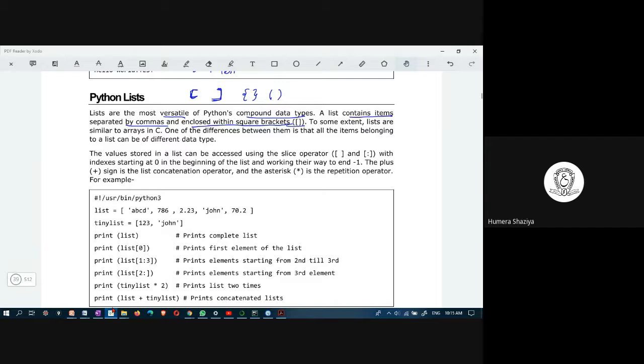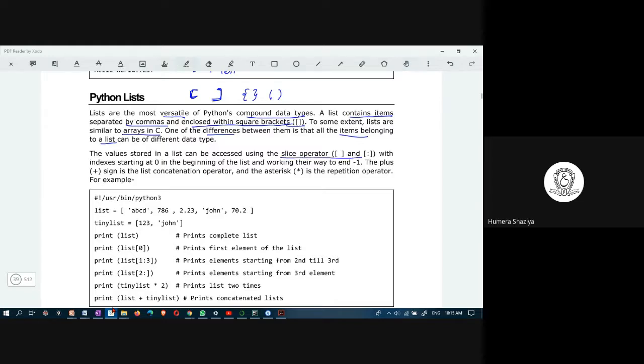And then, not really, but to some extent, lists are similar to arrays in C, but not exactly. Arrays will store similar type values. A list would store dissimilar types of values. So the difference is items belonging to different data types can be stored in a list, whereas items belonging to the same data type are stored in arrays in C. And the values stored in a list can be accessed using the slice operator.